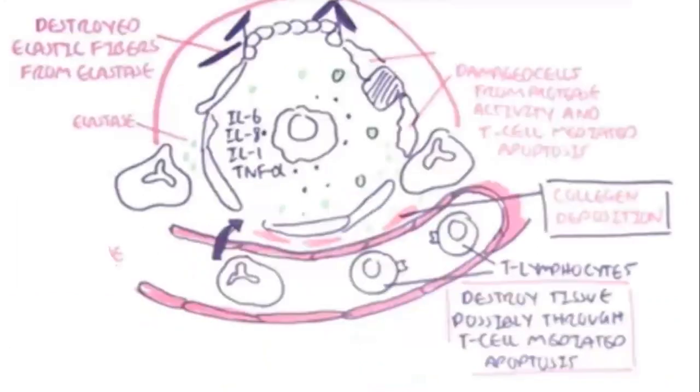The elastic fibers are already destroyed by elastase. Apart from neutrophils, the cytokines also recruit the cells of your adaptive immunity. T lymphocytes get recruited, and they cause further damage. Whenever there is damage to the airspace, like in your inflammation chapter, you would have heard that once there is inflammation, there is healing, and this healing takes place by fibrosis. Collagen gets deposited, and that causes fibrosis around the airspaces.